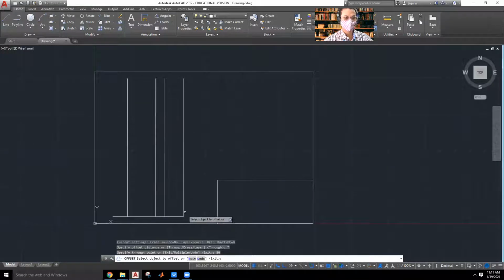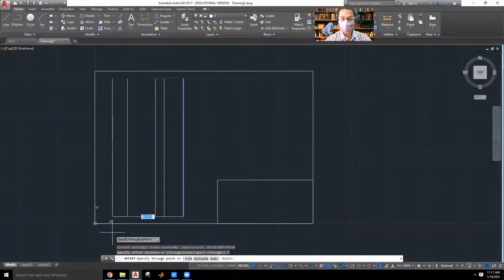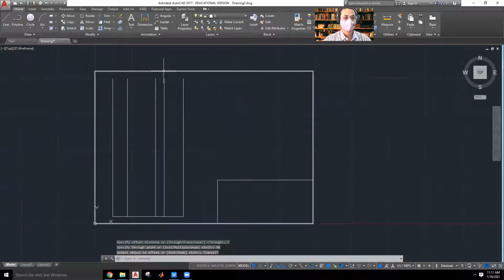To move this side, the distance is 96. I'll select the object, click on offset, and select through. This distance comes as 96. Okay, so the vertical offset is complete.